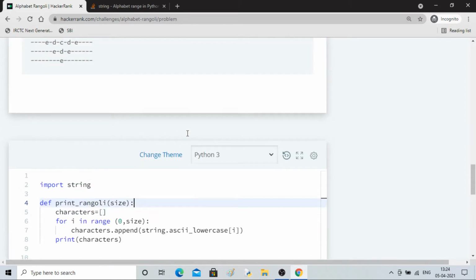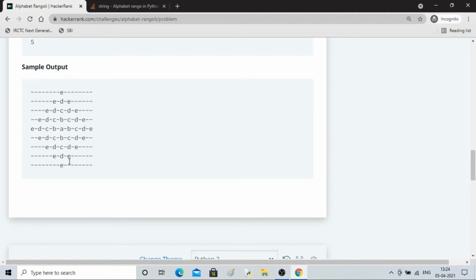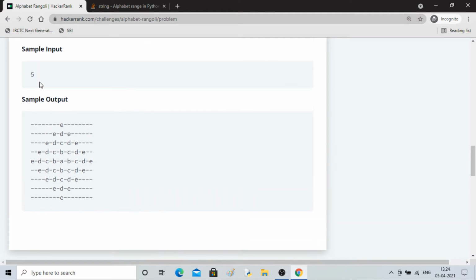Now what you have to do is arrange them in this fashion. Right now we are working with 5, the sample input is 5, so I'll take this example only. The logic I came up with is I have divided this into 4 parts. From E to A, look at this one, this is my bottom left corner. This, then this, then this, and finally this. You can see this bottom corner, E to A, and this dash to E. So that is what I will code first.